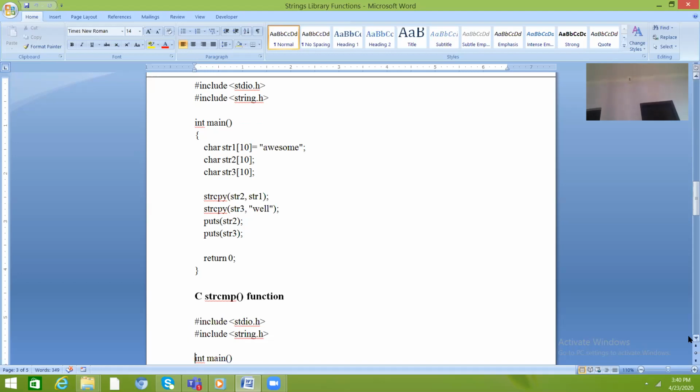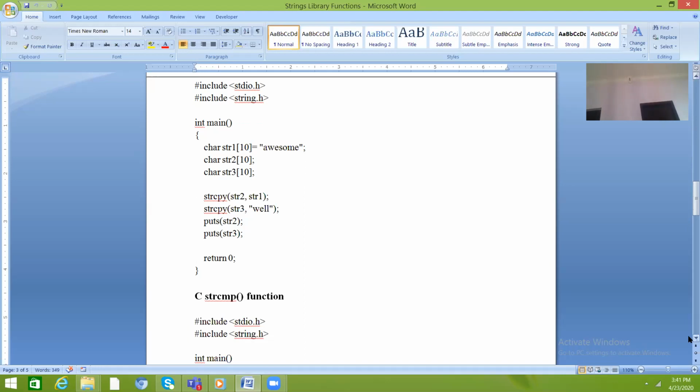Here there is no requirement for str1 or str2; I am just putting the value well into str3. When I take output with the help of the puts function for str2 and str3, I'll get awesome for str2, and for str3 it will be awesome well. Okay, got my point?